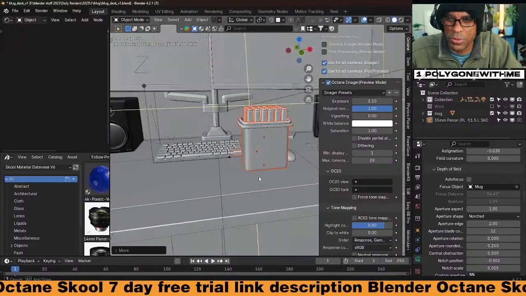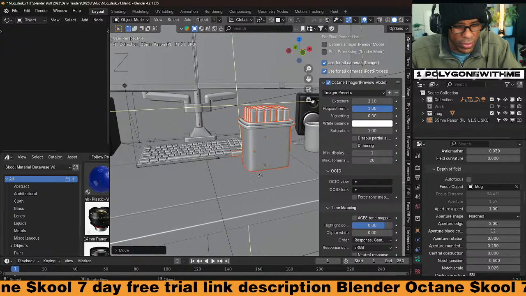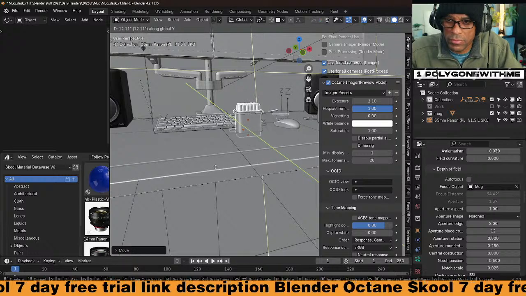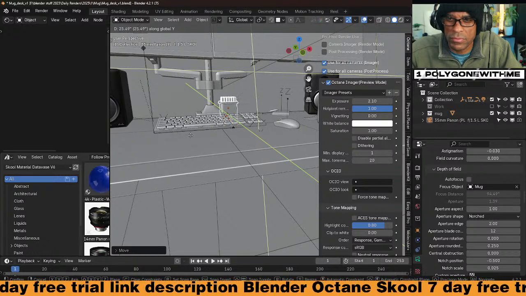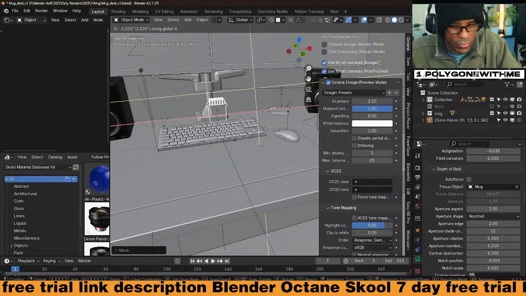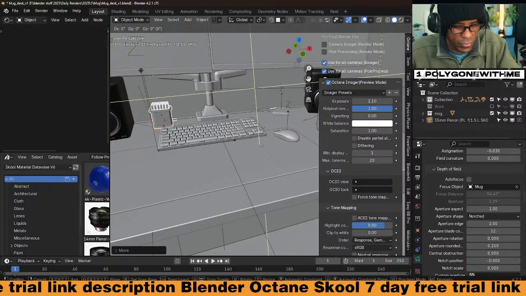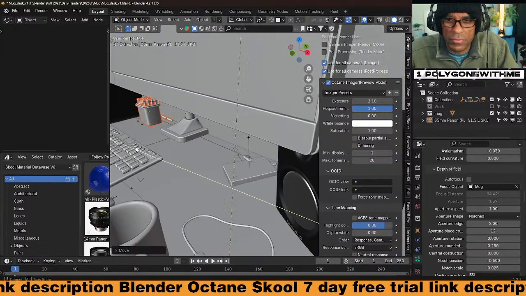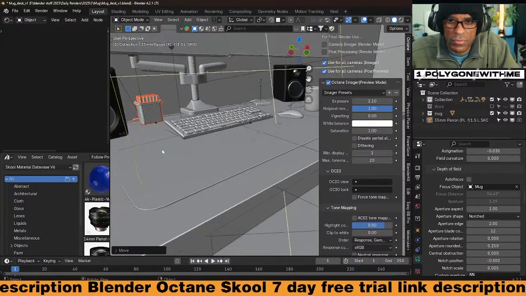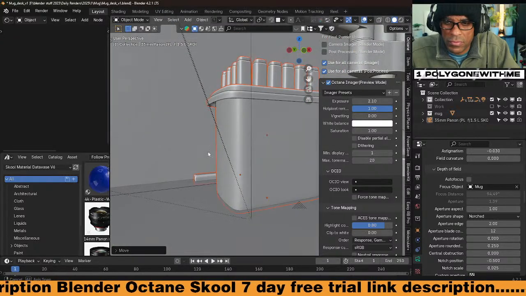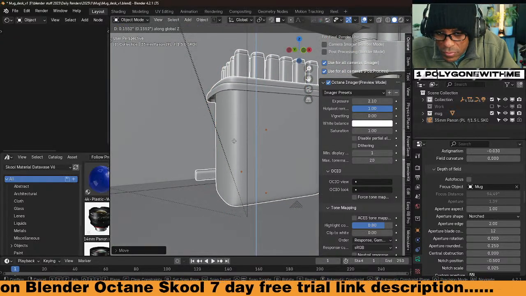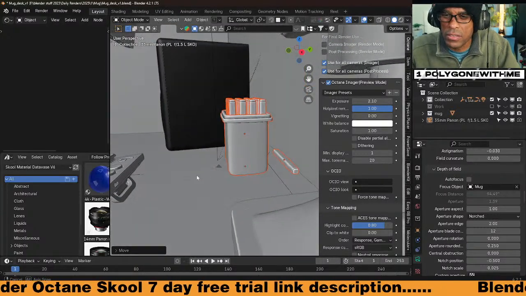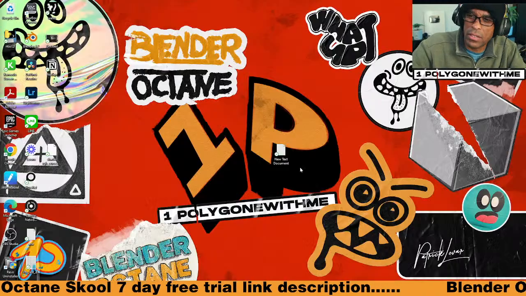And I always work to real world scale, so they're already real world scale. I love it, guys. I need to save this as an asset and put it in my asset library.